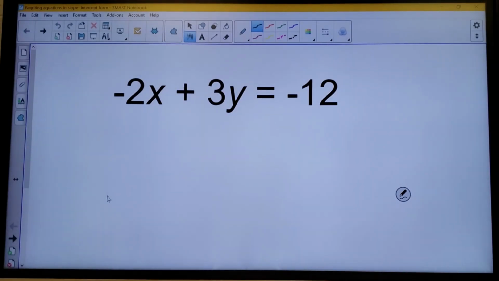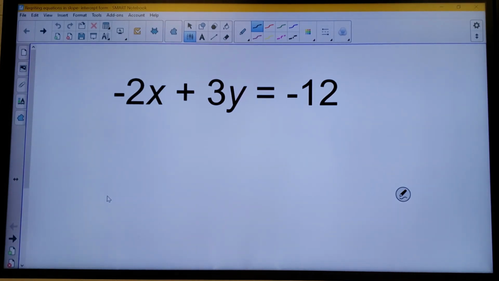So we've been talking about using the slope-intercept form for graphing and using these equations in slope-intercept form. And I had a student recently ask me, what about problems that aren't already written in slope-intercept form? So here's how I take a problem that is not written in slope-intercept form and rewrite it so that it's